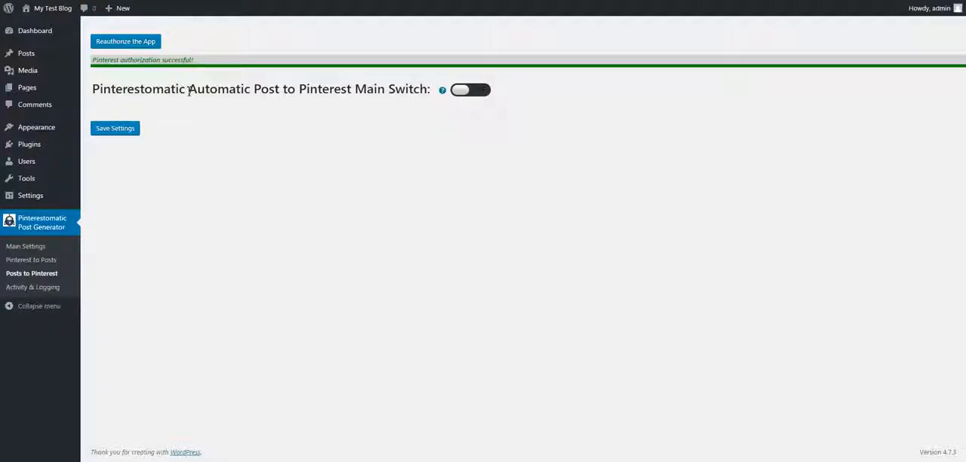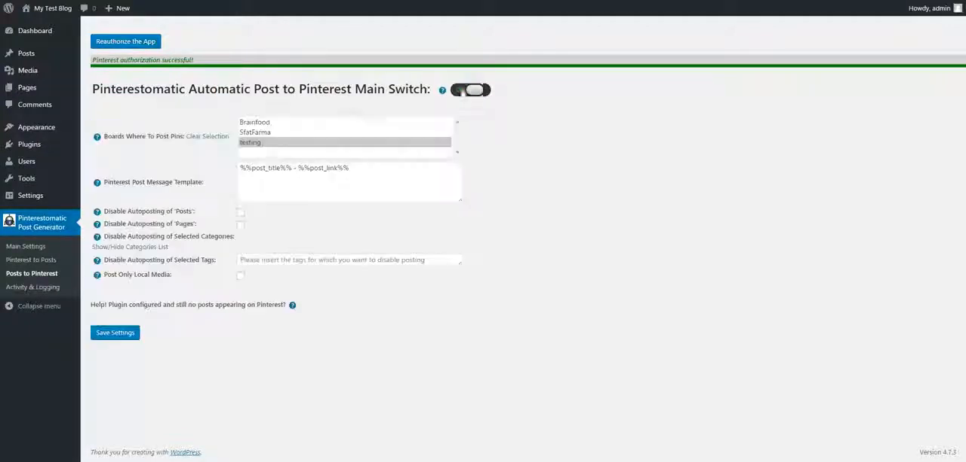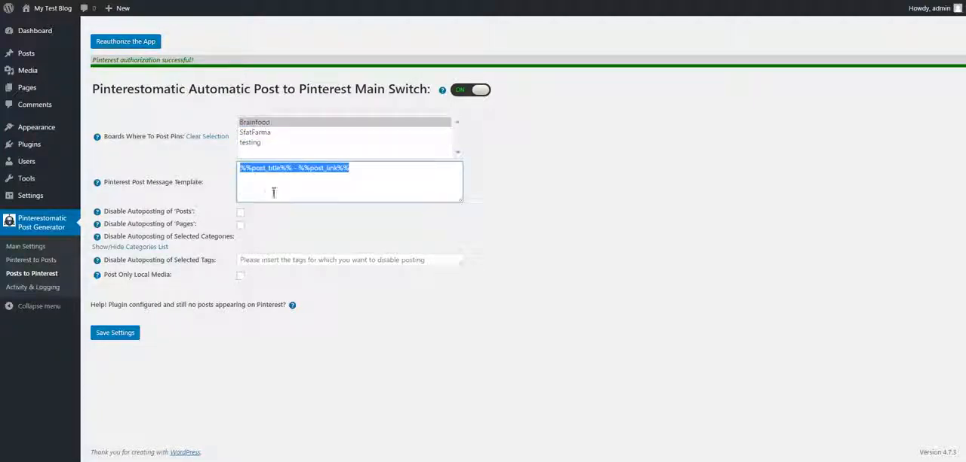But if you don't have an HTTPS capable website, don't panic, just delete the S from the URL and you will be good. Enable this feature. Here you can select the board where to post, how the description should look like, disable auto posting of different stuff, or post only local media. Save settings,